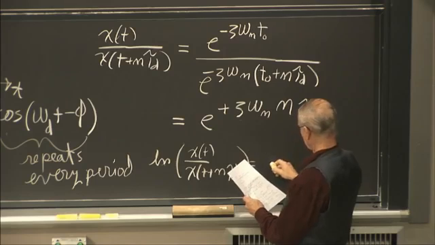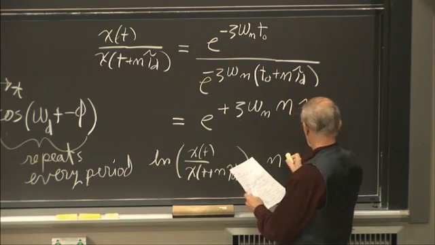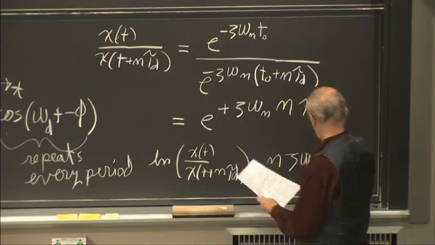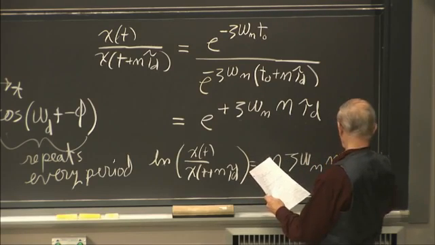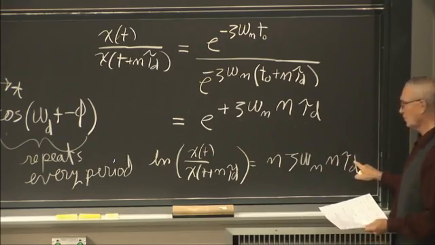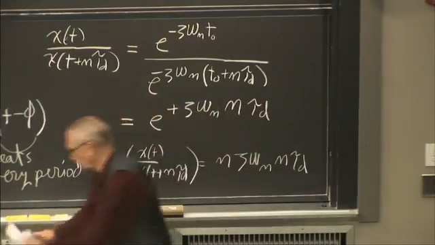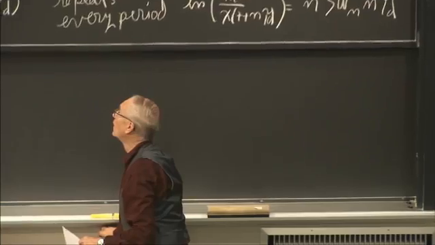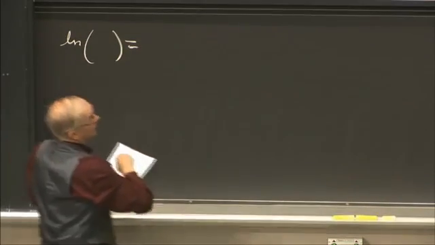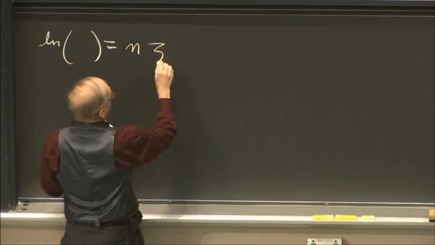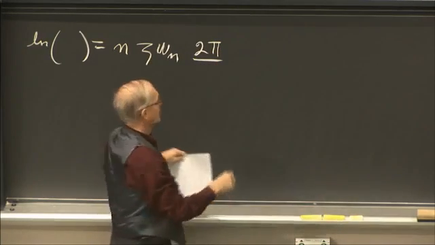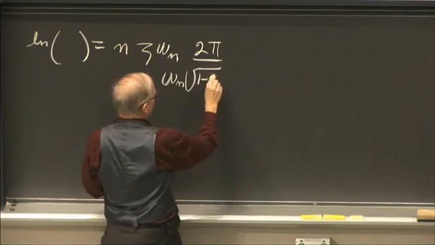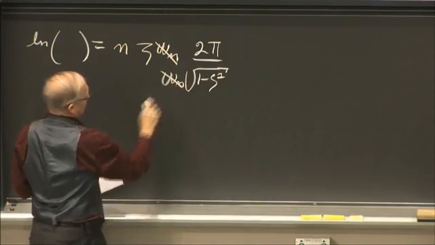This then is n zeta omega n, I guess I better do it carefully, omega n tau d. But tau d is 2 pi over omega d. And I get some nice things to cancel out here. So this natural log over the ratio, this is n, zeta, omega n, and this is 2 pi over omega d, which is omega n times the square root of 1 minus zeta squared. Omega n's go away,